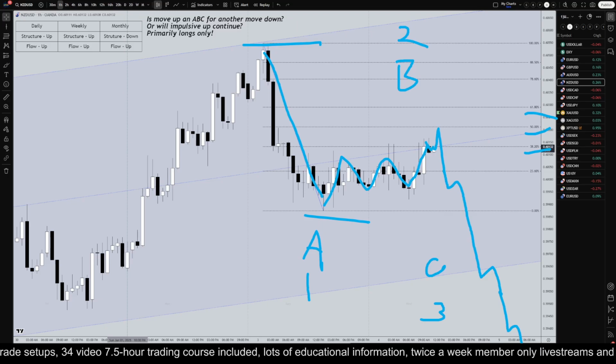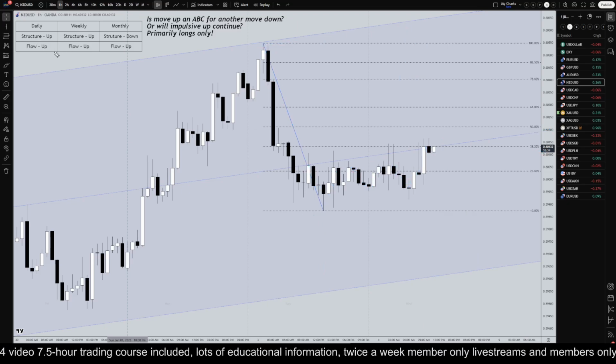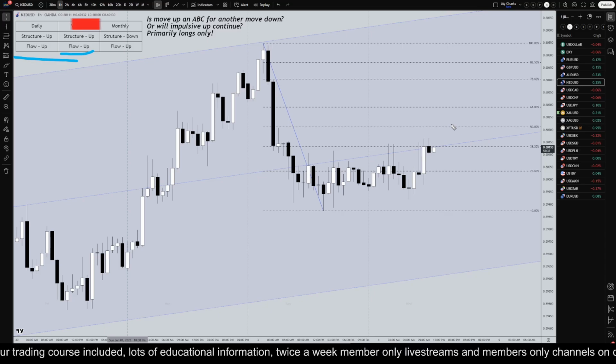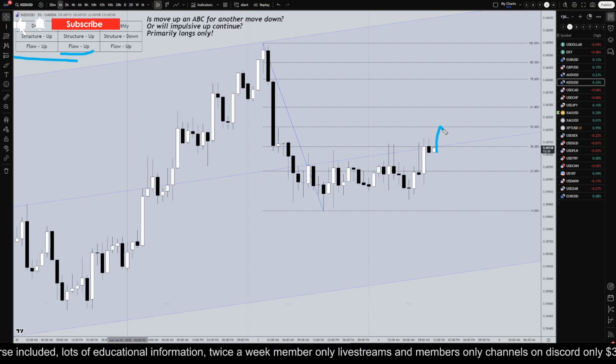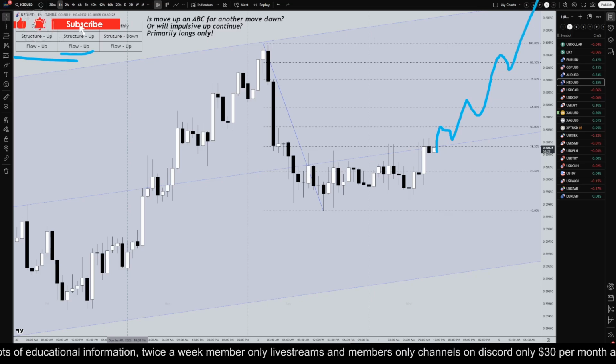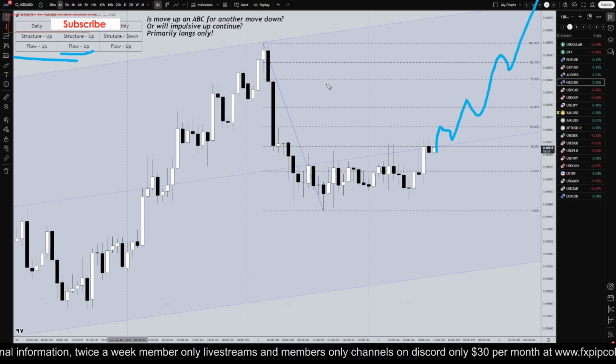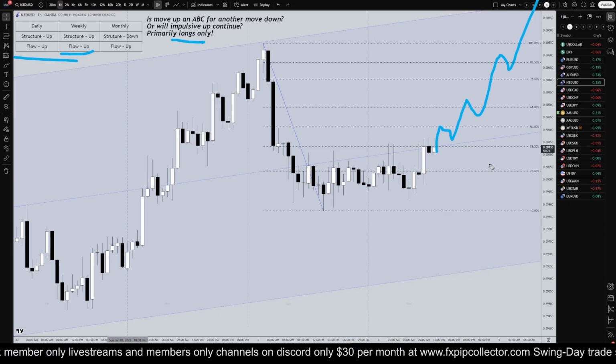I would just be a little bit cautious with your shorts just because the higher time frames are definitely still in an uptrend, and there's definitely a chance that it just goes up, bounces, goes, and just keeps on going. I personally am looking for longs in an uptrend, but I am also not a short time frame trader, so I don't mind getting in a long and then holding on to it for a few days if I have to.